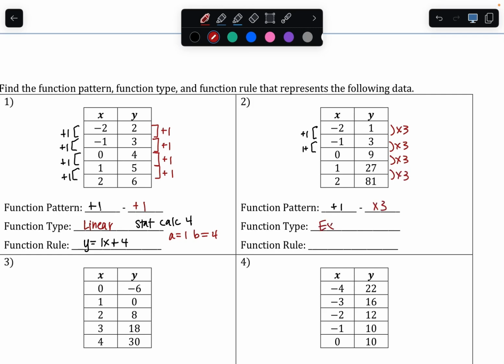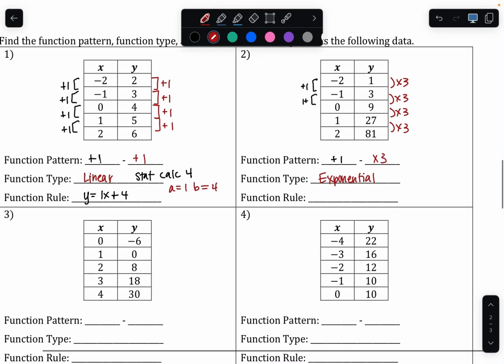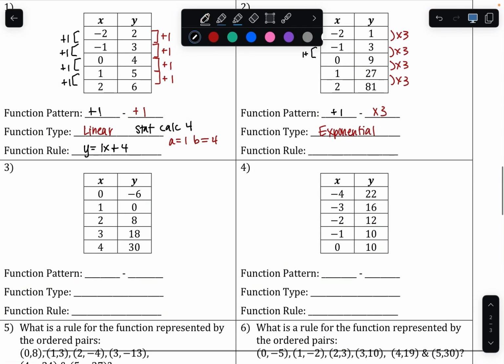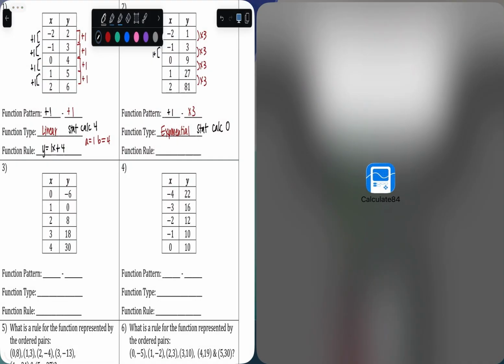Okay, that means we are working with an exponential function. Exponential goes with multiplying, if you look back up here. And so that means we want stat calc 0. Okay, and so same steps. Now you can go to your calculator,